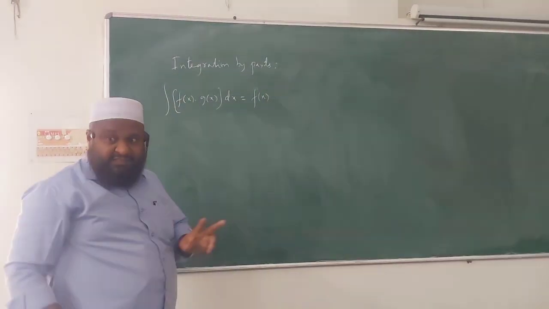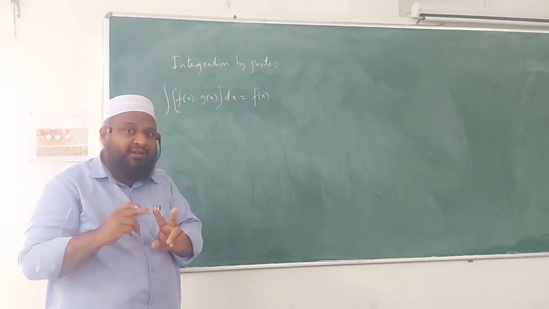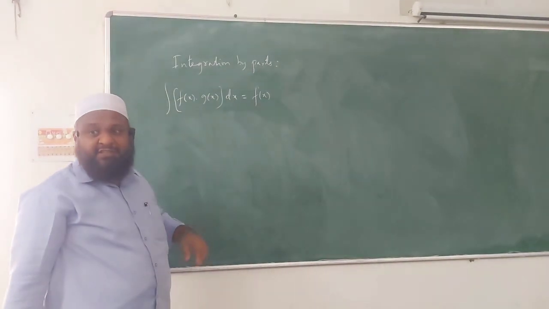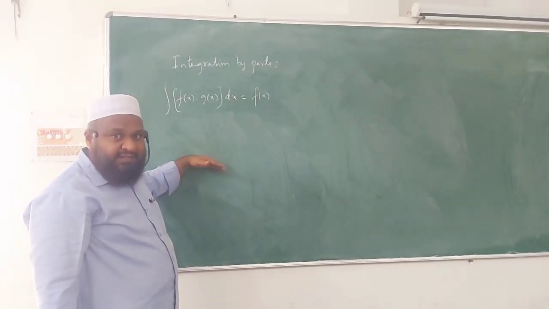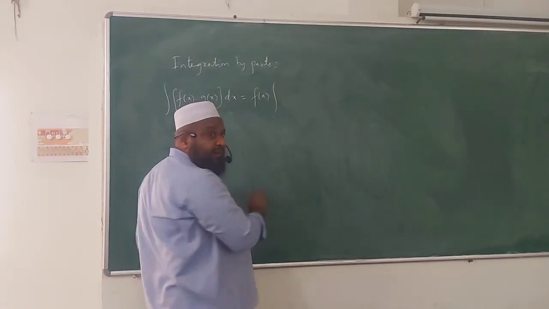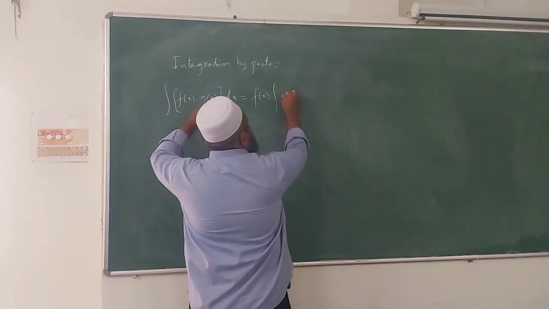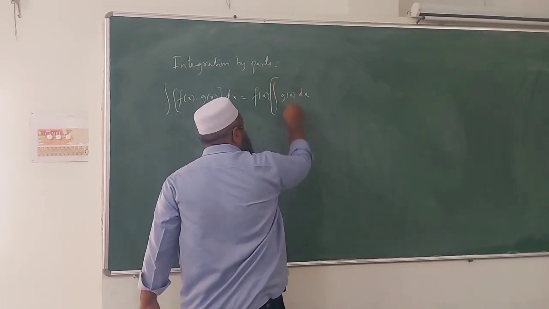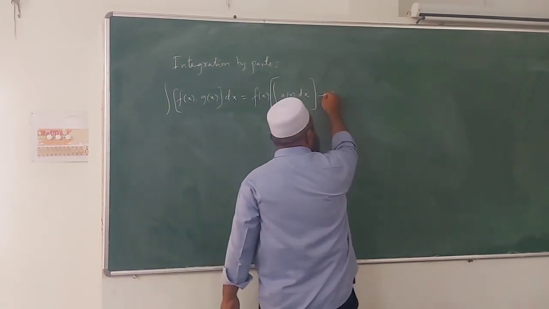If there are two functions, which to be treated as first function and which as second function, there is a rule called the ILATE rule. You know that ILATE rule. I will tell about that ILATE, which to be taken first and which to be taken second, with an example. First of all, I am writing that formula. Integral: first function as it is, then you write the integral for the second function. Got this point? This complete is finally the integral of g, that is to be multiplied with f, minus